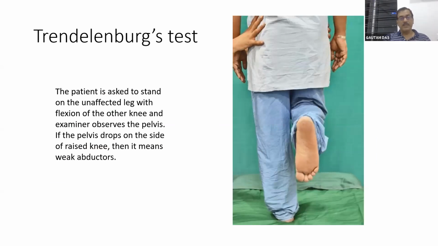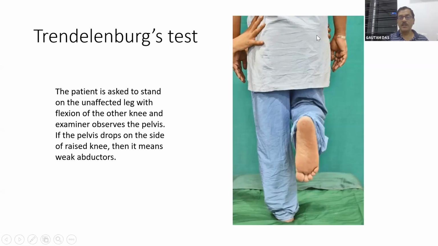I discussed this in other classes, but for those who are new, let me discuss a little bit about the Trendelenburg test or Trendelenburg gait. Suppose when you are lifting the leg like this, and suppose this person is normal. If we are lifting this leg and you look at this side of the pelvis and this side of the pelvis, they are on a horizontal line.